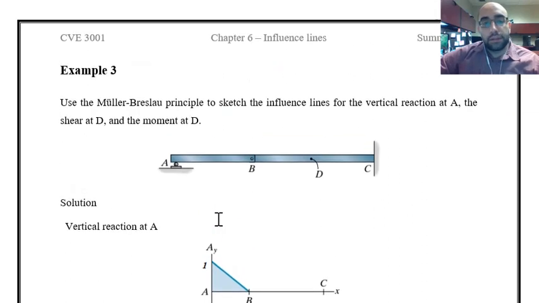That was the reaction at A, and now he is asking about shear at D. So when we want to draw the shear influence line, I said we have to remove the shear restriction, which means we will be able to apply a unit displacement, but we have to have it in mind that the two segments should be parallel after applying the displacement, because the moment restriction is still there. We cannot have rotation at that specific point, which is point D in this example. It's just a shear restriction, so I have to apply a unit displacement and the two segments should be parallel,